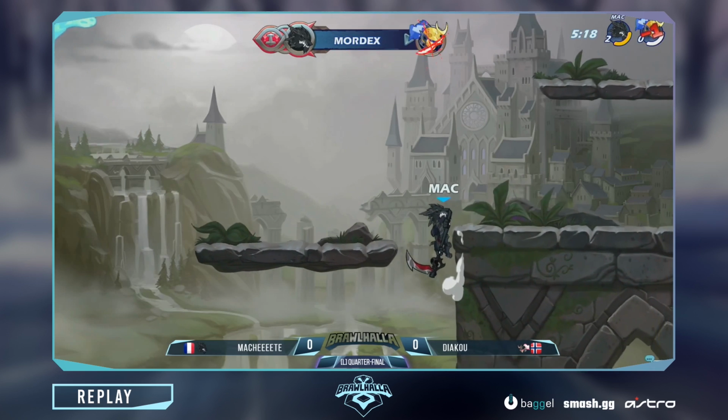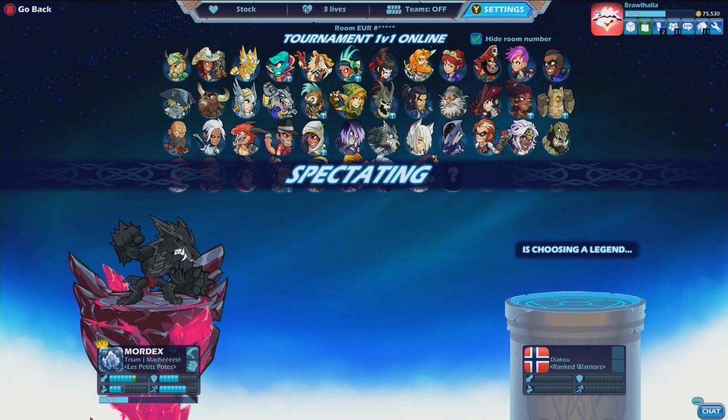Because I think that gauntlet down sig caught him really early. Yeah. Ground pound got him really early. And that down sig, that slide charge down sig on the platform literally was like, here, let me provide you a place to hit your opponent. And I think it's really cool. You could tell that Macheeete